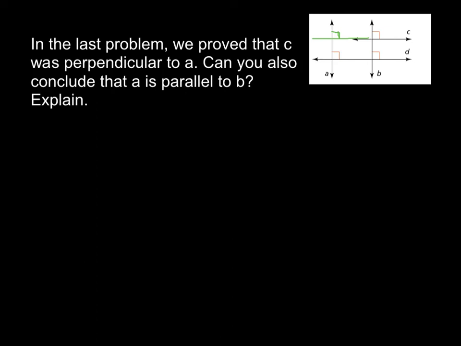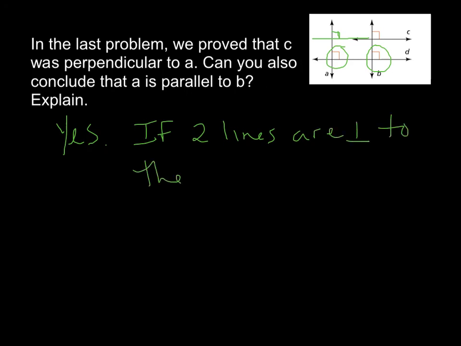Well, if we look here, we see that A is perpendicular to D, and we've got that B is perpendicular to D. Okay, so if I have two lines perpendicular to the same line, one of our theorems said that those must be parallel. So the answer here is yes. And our reason is if two lines are perpendicular to the same line, then the two lines